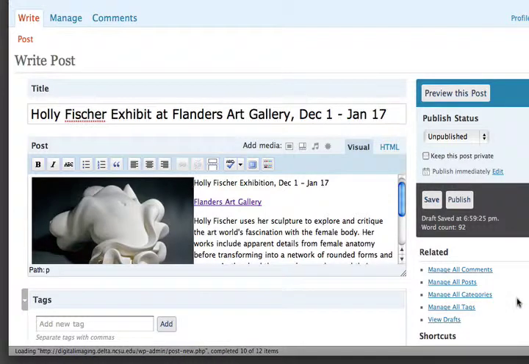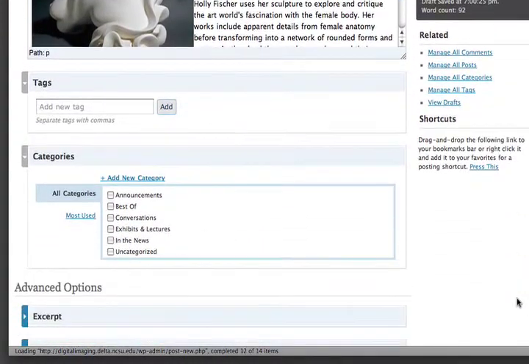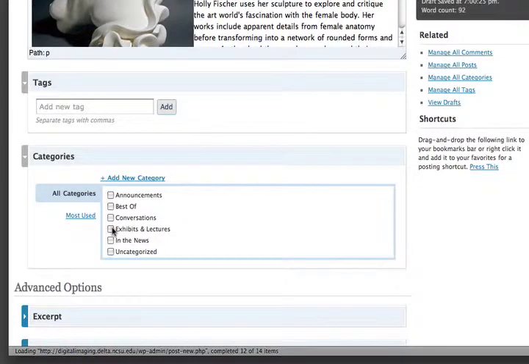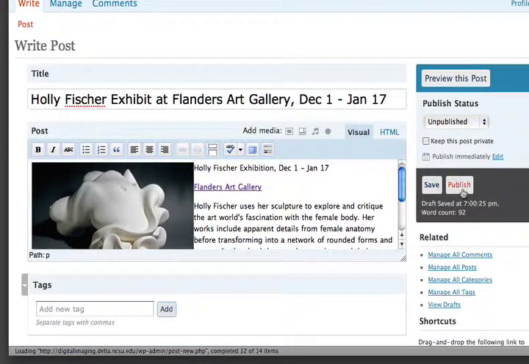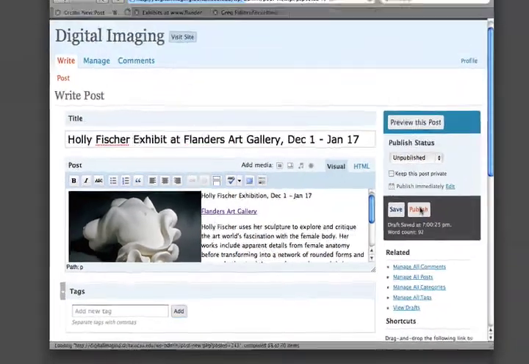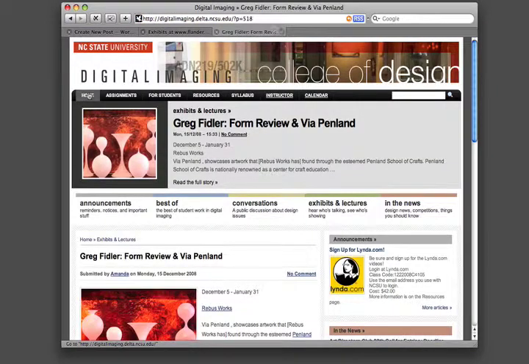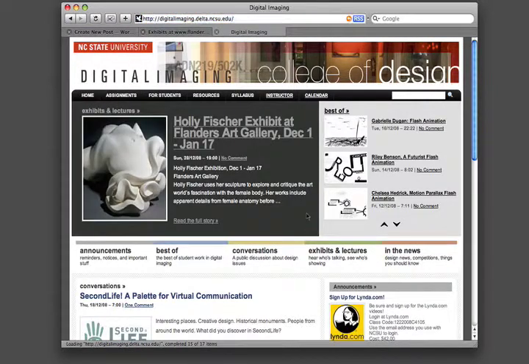All right, we're very close to being publishable, so the last thing you want to do is make sure you remember to scroll down here. It's easy to forget this, but you'll find out pretty quickly because it won't actually show up on the website if you don't check the category that you want your post to show up in. So we want ours in exhibits and lectures, so I'll go ahead and click that and then click on Publish, and then we can go back over here and click on the home page, and we can see, boom, there